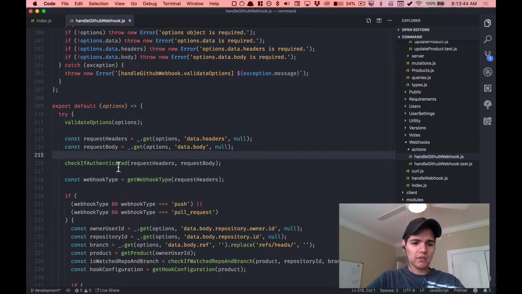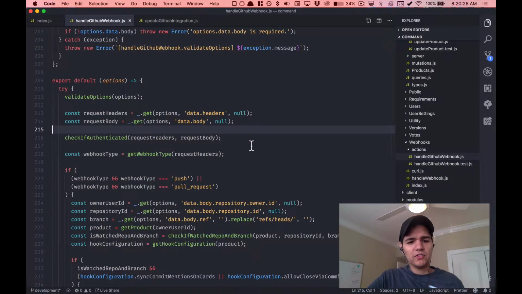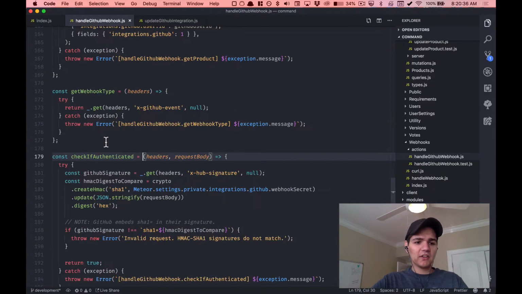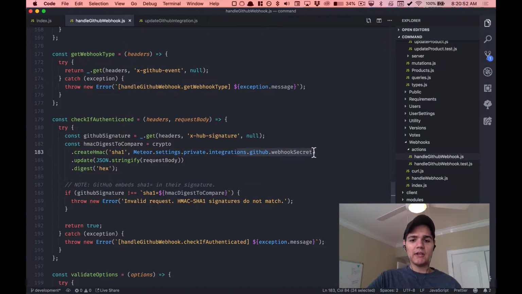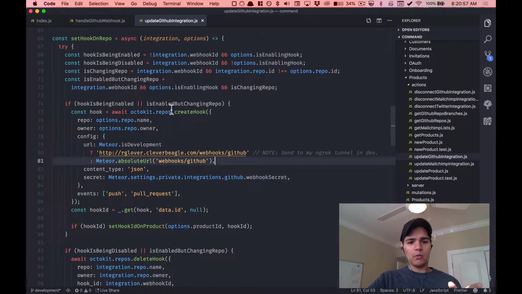So once we get into that, then we get into the meat of this. And what we're going to do is start with this check if authenticated call. So what this function is going to help us do is to validate that the request we're getting is actually from GitHub. So if we take a look at that function, what we're doing is we're creating an HMAC digest, or basically the term you're going to think of as a hash. So we're creating a hash of the request body that we get from GitHub using this webhook secret. And you may remember this. So when we actually worked on updating the GitHub integration, what we did is when we created our hook, we passed the secret